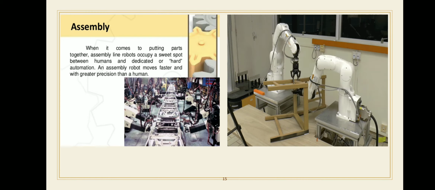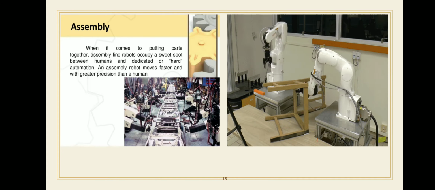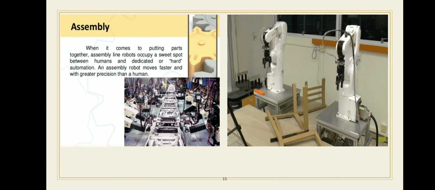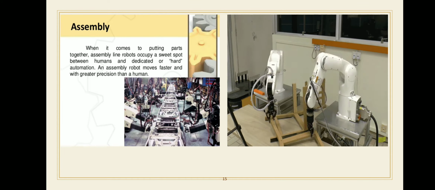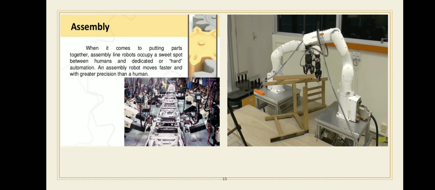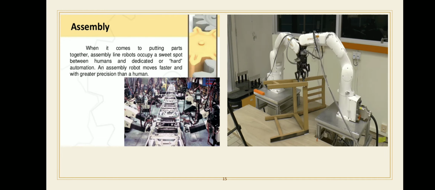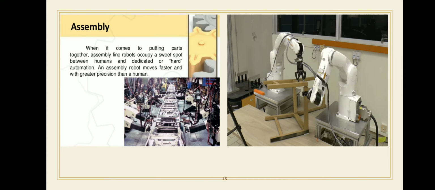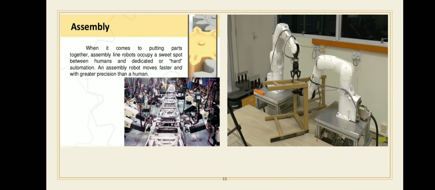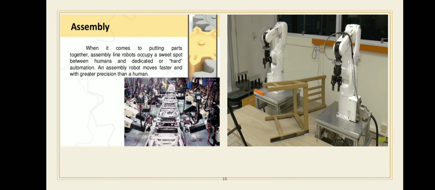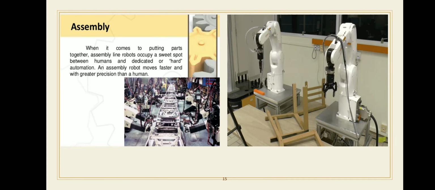In the first, the part presentation method, in order to perform an assembly task, the part that is to be assembled must be presented to the robot. There are several ways to accomplish this presentation function: the part located within a specified area, the part located at a known position, or the part located in a known position and orientation. Meaning you have to find the exact position and orientation of the part which is to be assembled.